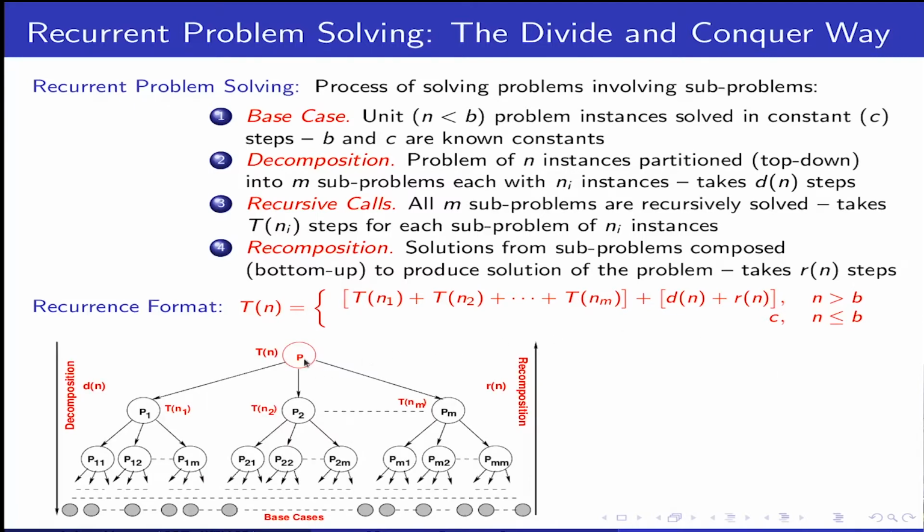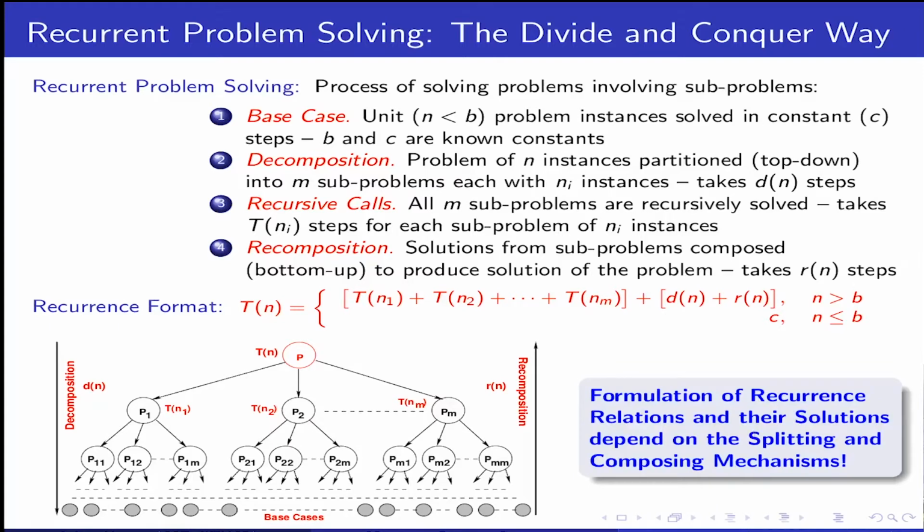So pictorially, what we do is break down a problem into sub-problems, and each of these circles is a recursive call to lower level sub-problems. When we hit upon the base case, we compose the solutions from each. At this level, d(n) is the decomposition time to break the problem, and you call these sub-problems recursively. Then when they finish, all these m answers come back to this point and you give the result. So this is the recomposition time. Your recurrence will obviously be in terms of this format.